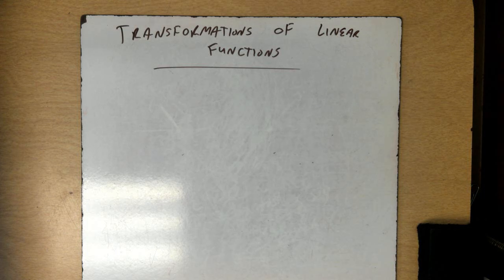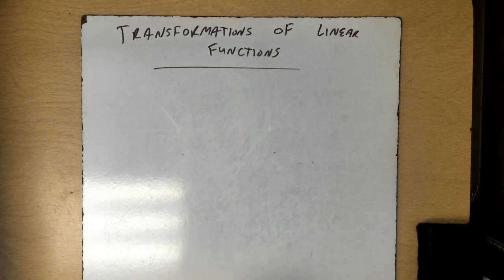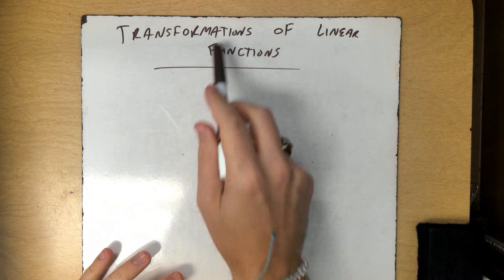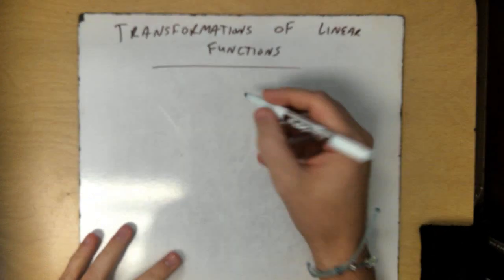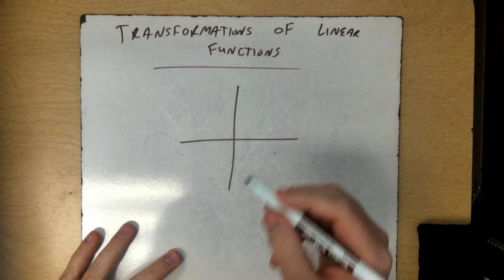All right, today's topic is transformations of linear functions. So what this means is basically taking a function that we have, a parent function, and talking about the transformations and moving it around the graph and how that works. So basically, we have a function, have a graph like this, our function,